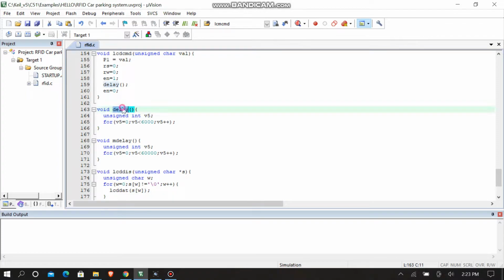For declaring a delay, we will declare an unsigned int and run it for 6000 microseconds. Since it is 6000 microseconds, it will be fast, but since we may need some more time for the delay, we will use m delay for 6000 milliseconds, which is approximately 0.6 seconds.